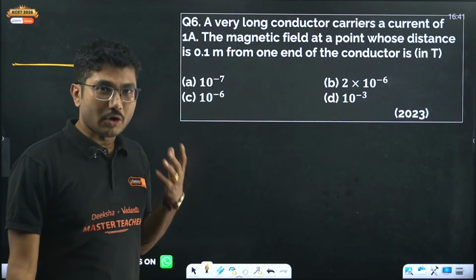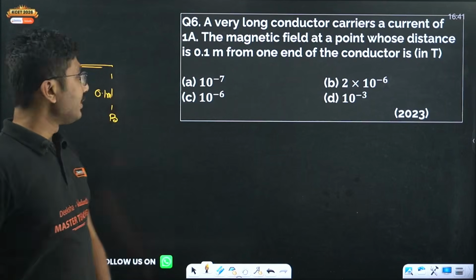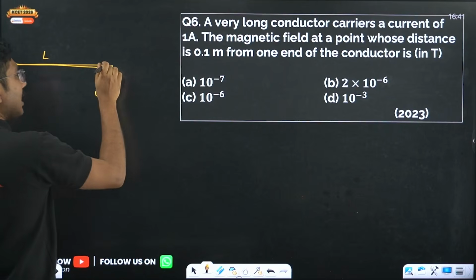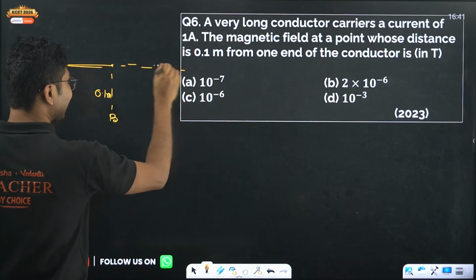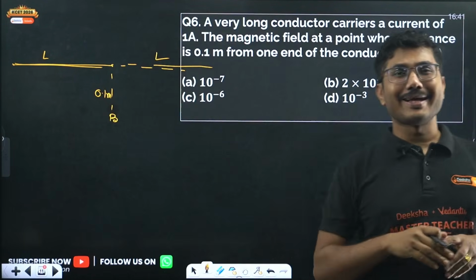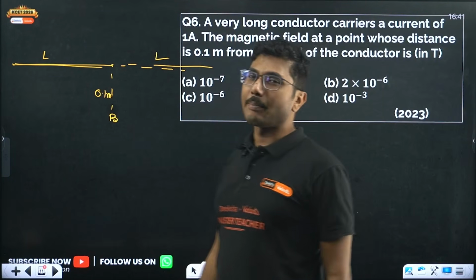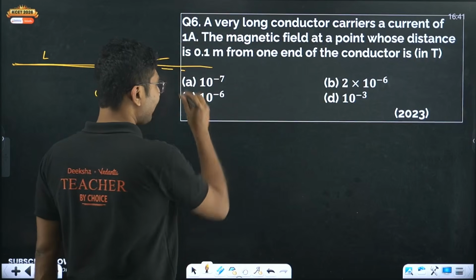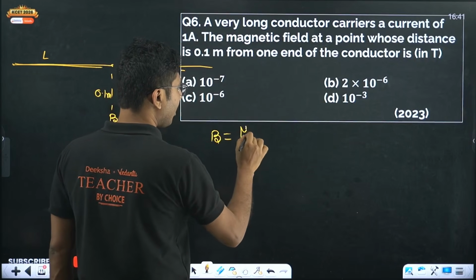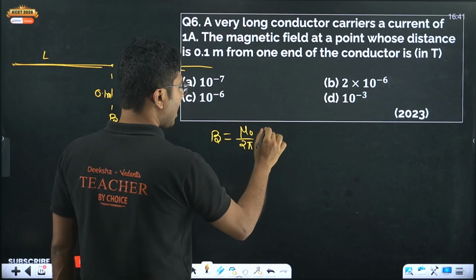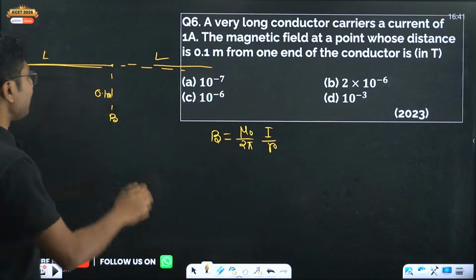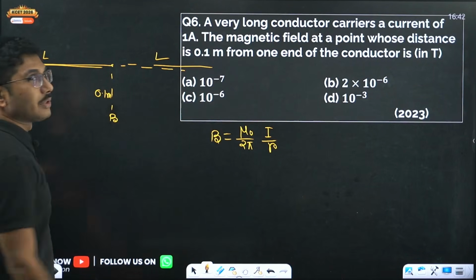Now how to solve this kind of questions? In this case, you have to consider that suppose the length of the wire is L, you consider the wire is extended on that side to the length L as well. So the overall length of the wire is very long, and you can apply the very easy formula. Magnetic field due to an infinitely straight current carrying wire is given by mu naught by 2 pi I upon R. Right, this formula we'll be using, but that is for the entire length of the wire, double length of the